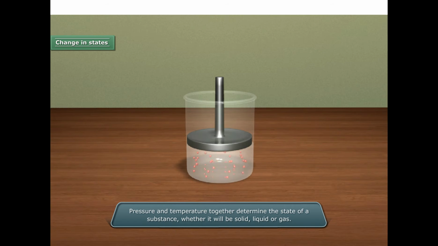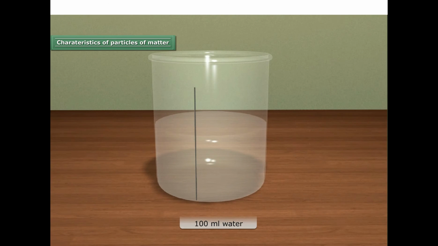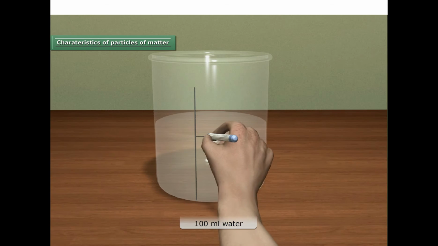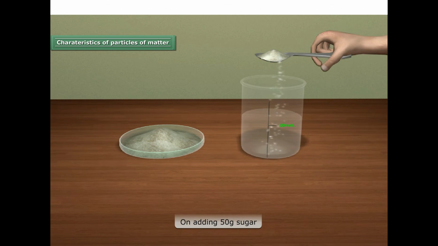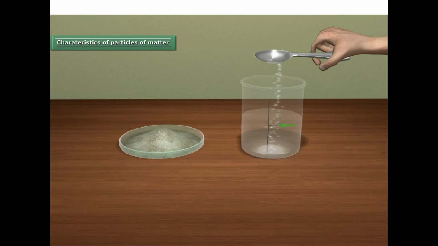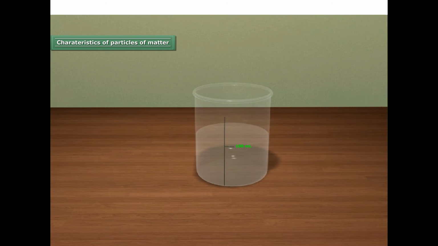Particles of matter are continuously moving. Let us consider dust particles. When a beam of sunlight falls into a dark room, we are always able to see the movement of dust particles when light falls on them. Similarly, let us consider a suspension of chalk in water. On passing a beam of light through the solution, we find that the particles of chalk are continuously moving. Similarly, with the use of perfume spray or room freshener, the particles spread through